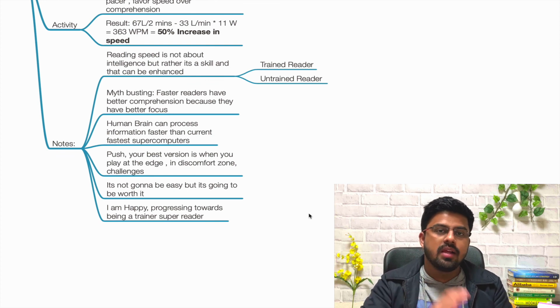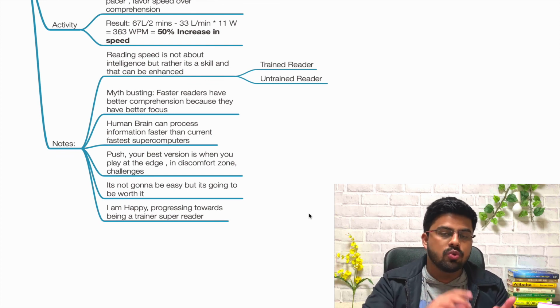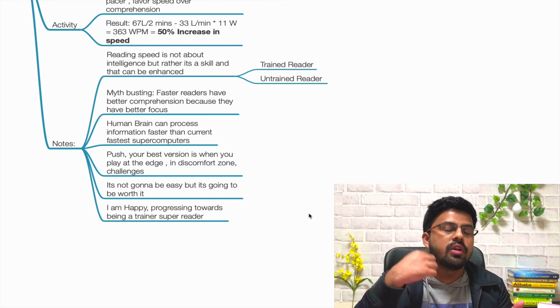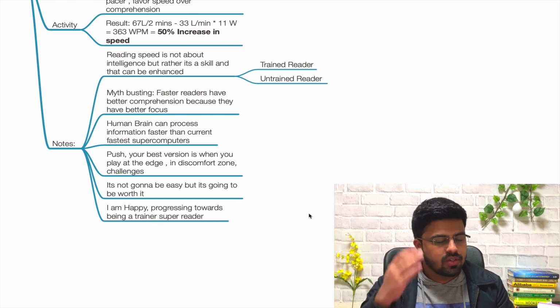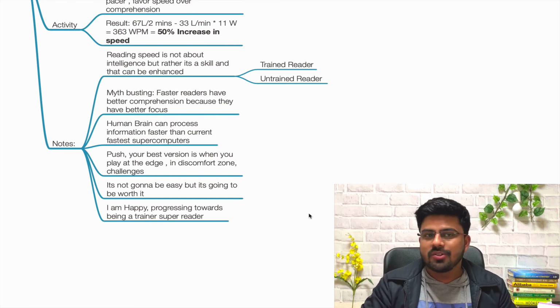It's very simple. Action for today: read for 10 minutes using a visual pacer, and then calculate your new reading speed. And this time, prioritize reading speed over comprehension. Just focus on the faster reading. Okay. So that's it for day